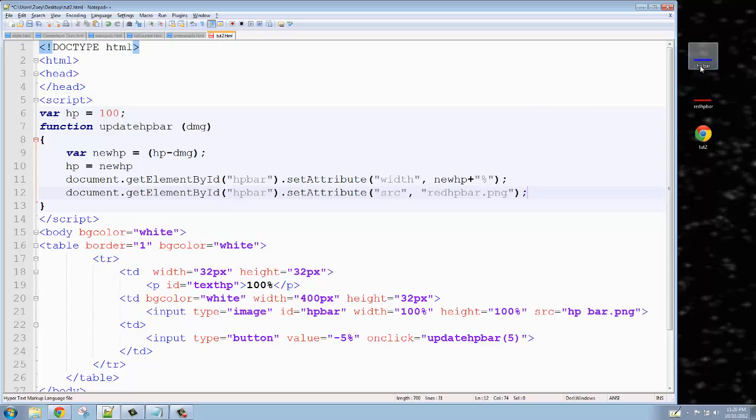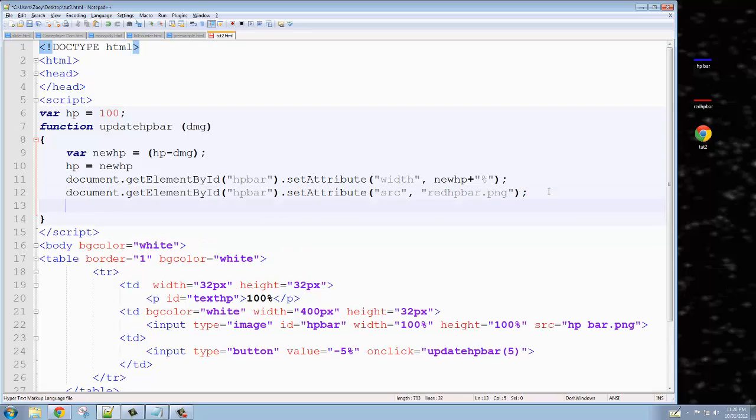Now we're saying we want to set the source, so this blue HP bar, and when you take damage, set it to this red HP bar. It's going to do it every time. You could add an if statement or a check statement to make sure that it does it only once if you want. And then document.getElementById